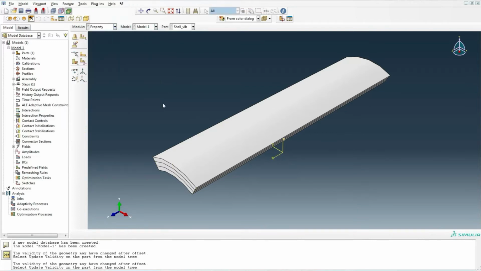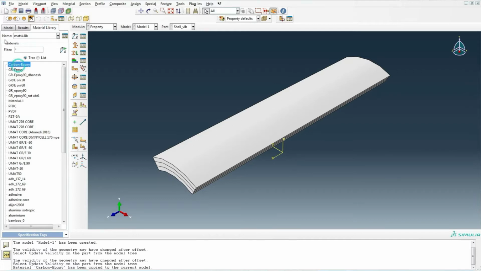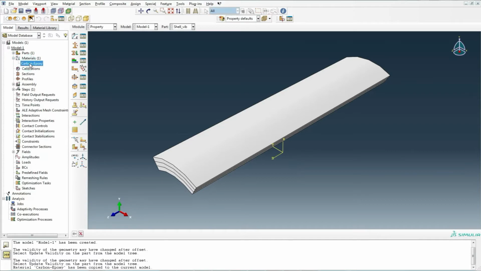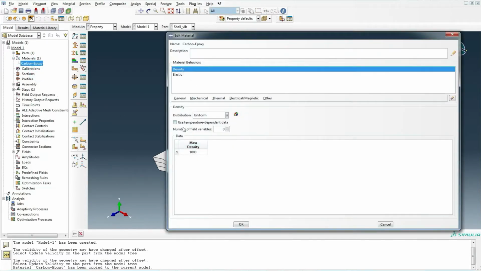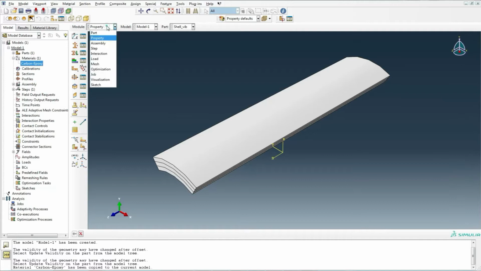Then in the property module, the material properties are assigned to the plies, and the material properties are those as shown in the problem statement earlier.